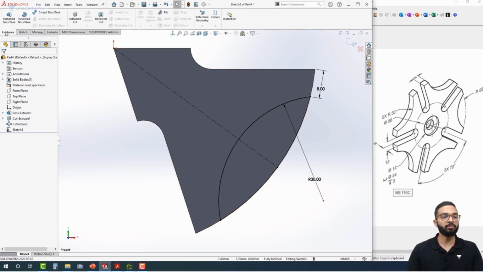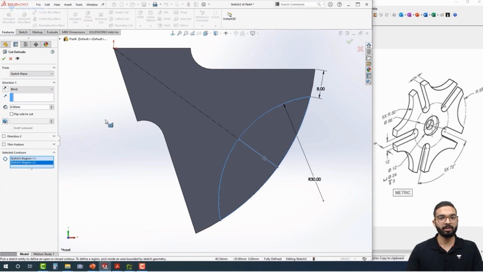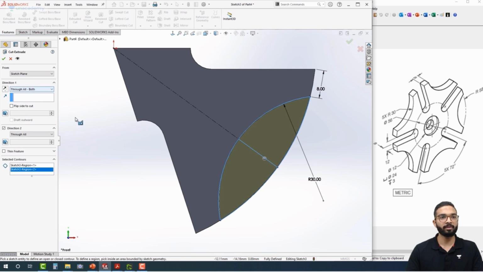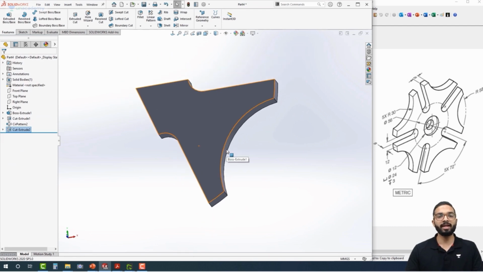We will move to features, select extruded cut, and from here we will select the contour that needs to be cut, that is this one and this one. From our features we'll select through all both. It is showing the preview of what material would be cut. If I click on OK, you can see that my sector is ready, and now we need to